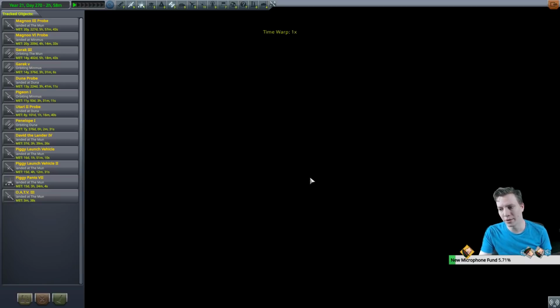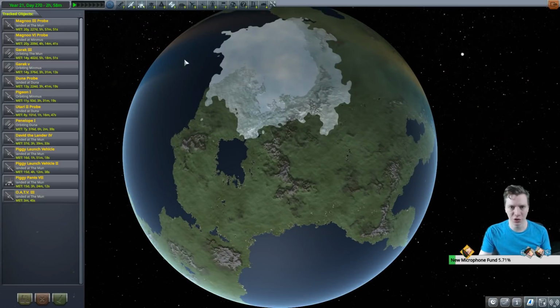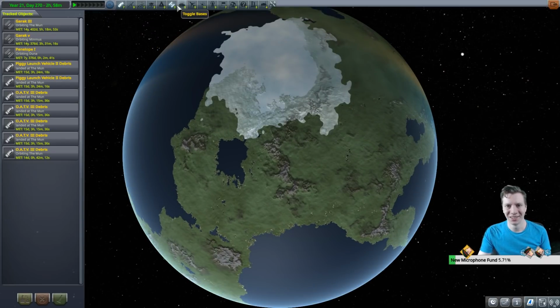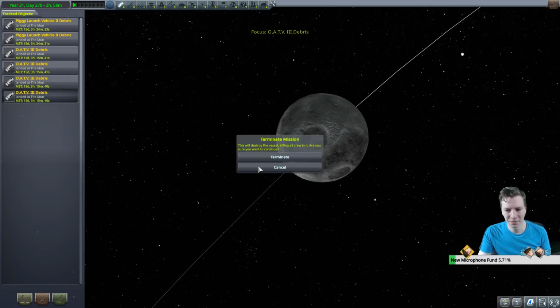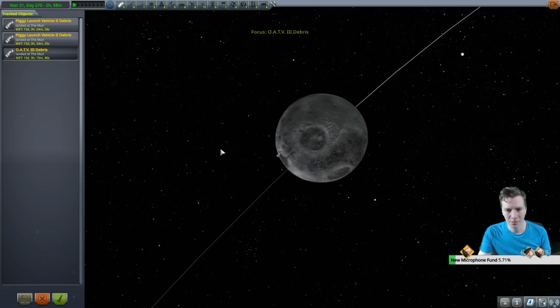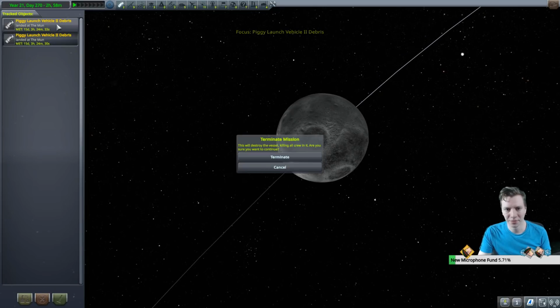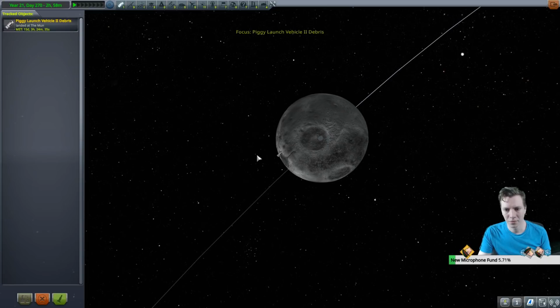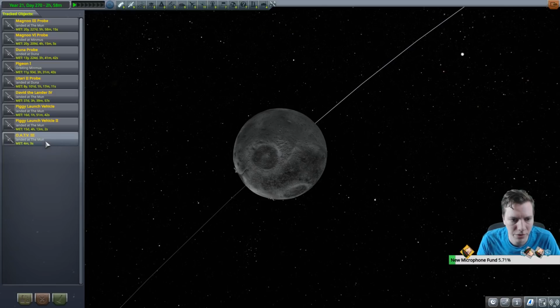So ideally, we would want to upgrade. We could either turn off one miner. That would halve the amount of power, because there's garbage all over the place. Here, let's go to our garbage, and let's terminate all of our debris. So it's not in the way. Okay, so